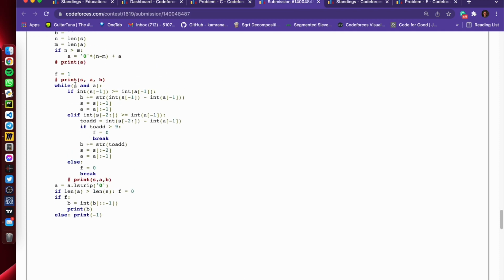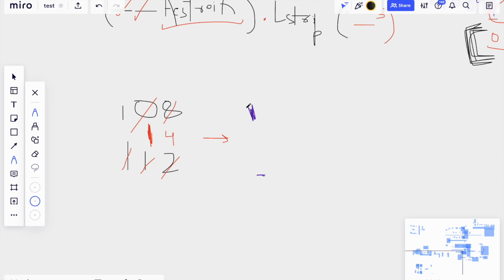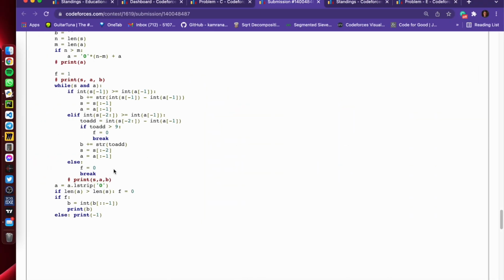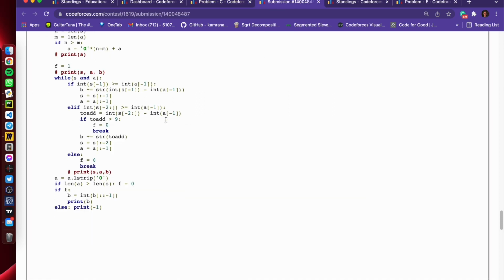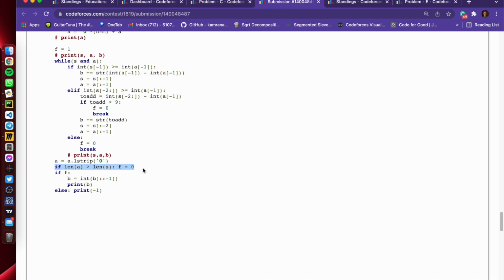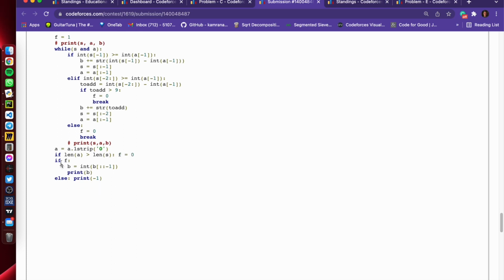Because the while loop is considering both the string S and string A, I have checked if length of A is greater than length of S even at the end of the loop, which is this case. So the answer will still be -1. You can see the answer is -1. Yeah, this statement is doing that. Take that flag as 0. So if the flag is not 0, then the answer will be